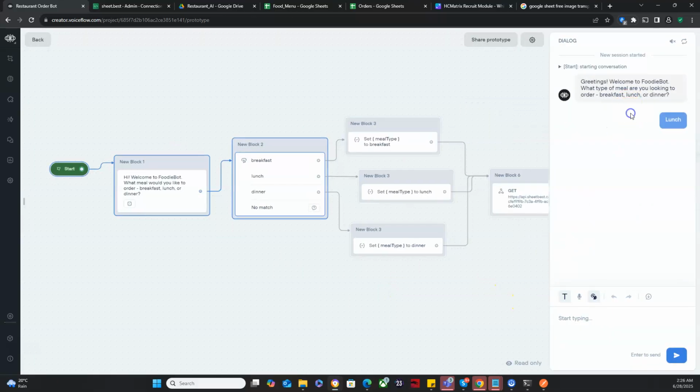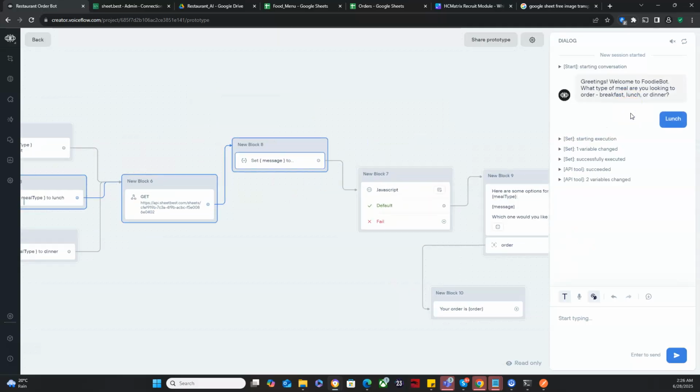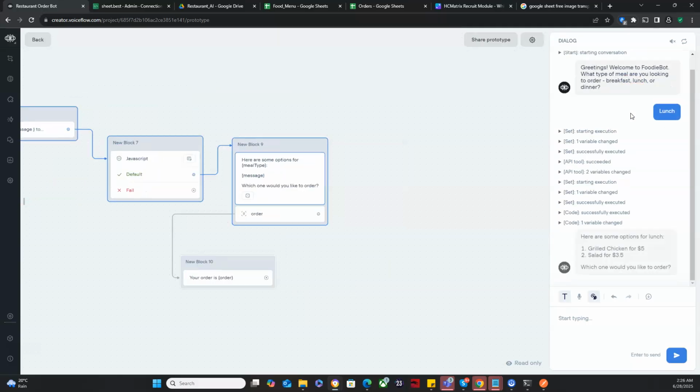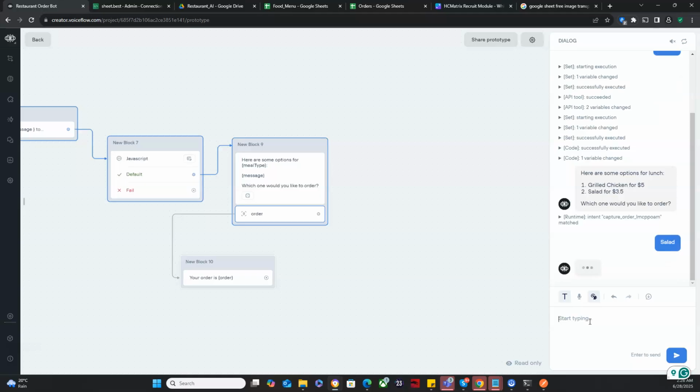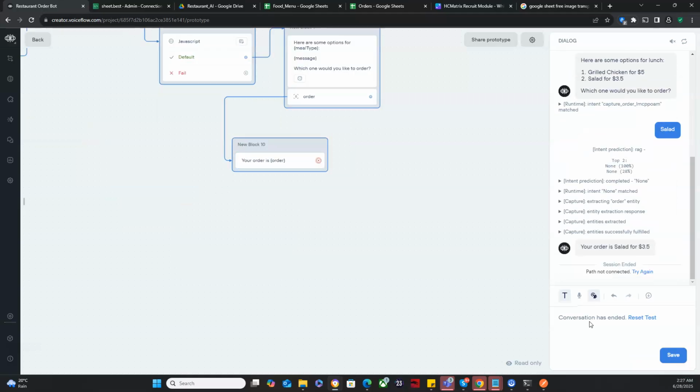So select lunch again. If I say I want a salad, it says your order is salad for $3.5. So that is correct. So now we can